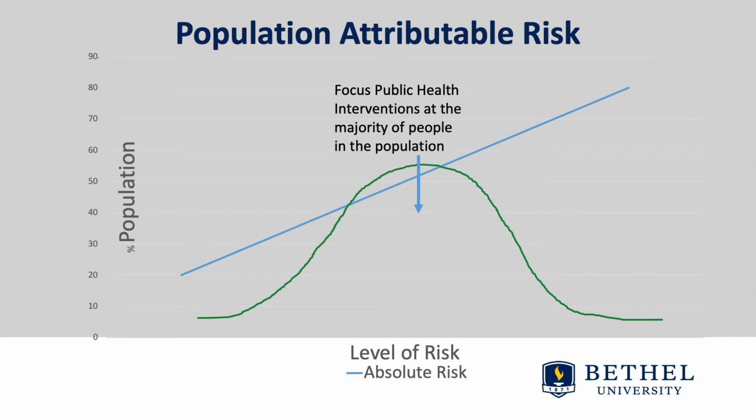The goal is to move the whole distribution to the left so that the whole population moves. More cases are in the middle of the distribution. These are the people that we want to affect and be concerned about with policy changes. Notice that when the population moves to the left, even the tail will move. Therefore, those that have the highest risk have decreased risk if the whole population improves their risk.